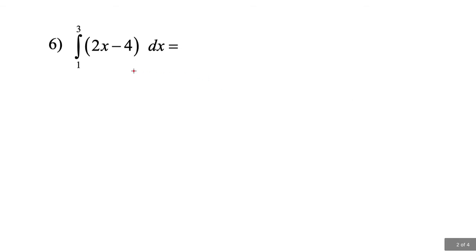So number 6, do I need to use TaxBan? Not really. I'm really distributing this definite integral into both of these two terms. You're allowed to distribute whenever you have no power right here. This is really the power of 1. Whenever that happens, just distribute it. So I'm really saying this is the definite integral between, that was a horrible integral symbol, the definite integral symbol, integral of between 1 and 3 of